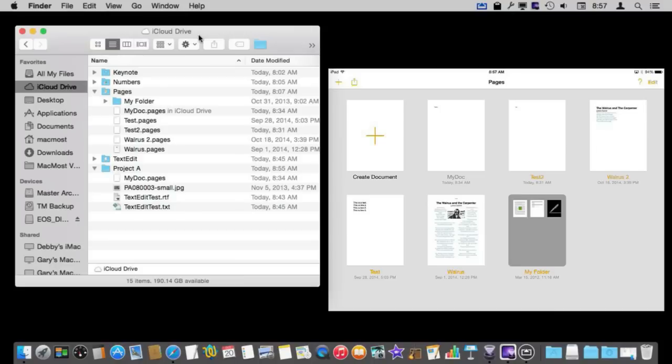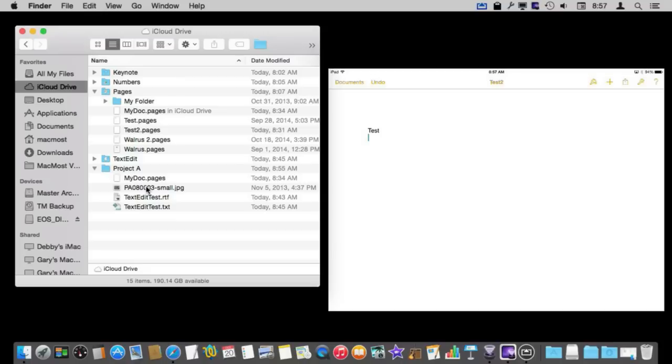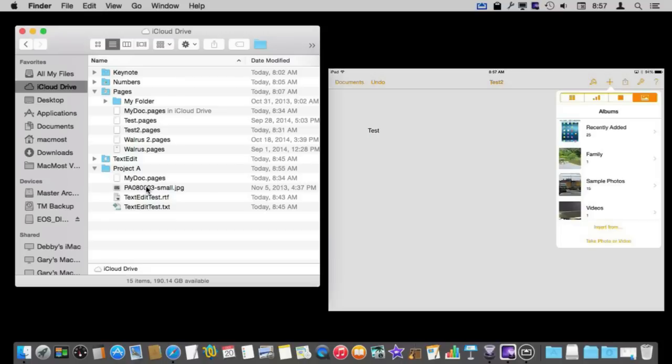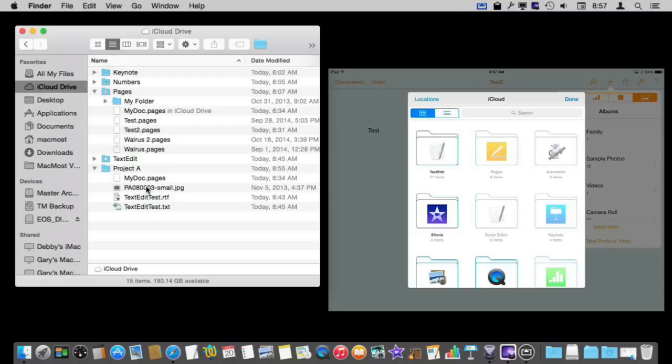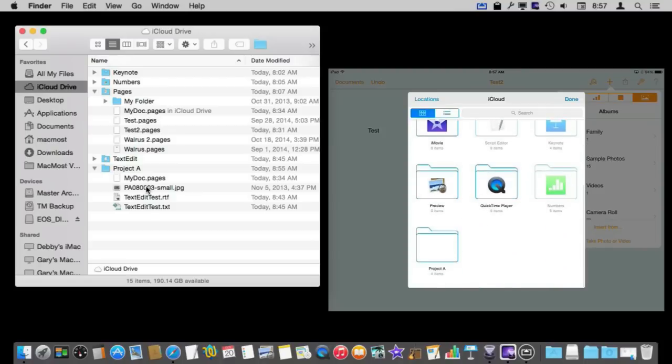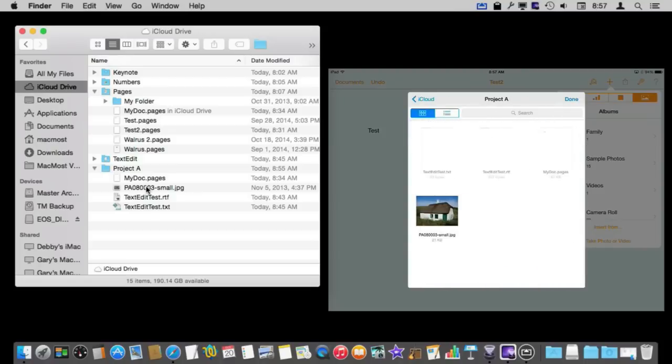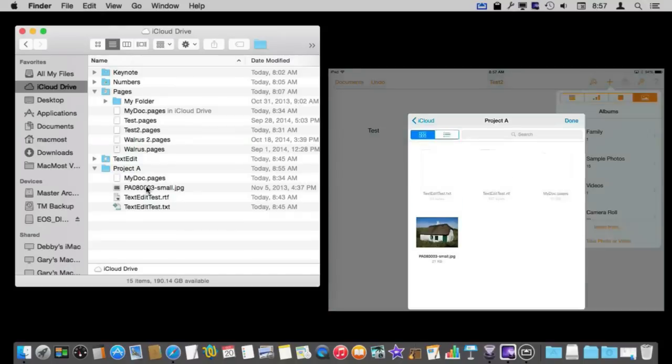Now another thing you can use iCloud Drive for is for supporting documents. So for instance, say I put an image here in my Project A folder on my iCloud Drive. Then on my iPad I want to import an image into a document. So let's go to the test2 document here and put the cursor right there, and I'm going to then hit the plus symbol, and I can see my photo albums here where I can insert an image, and that's as from before. But I've got insert from now. I'll tap insert from and I can see my iCloud files, and I go to Project A and sure enough there's the image there. I can select that one and it will import in.